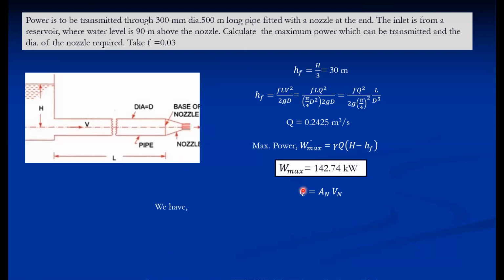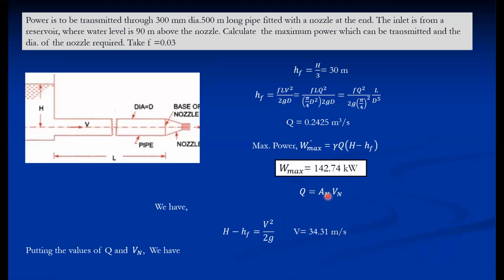In order to calculate the velocity, we have the head available here, that is H minus HF. Again, Bernoulli's equation is nothing but the law of conservation of energy. So what will happen? The entire potential energy here is converted into kinetic energy. So pressure head is converted into kinetic energy. That's it. So the net head is H minus HF, which is equal to Vn square by 2g. From this we get this velocity, the suffix is n here, that is 34.31.